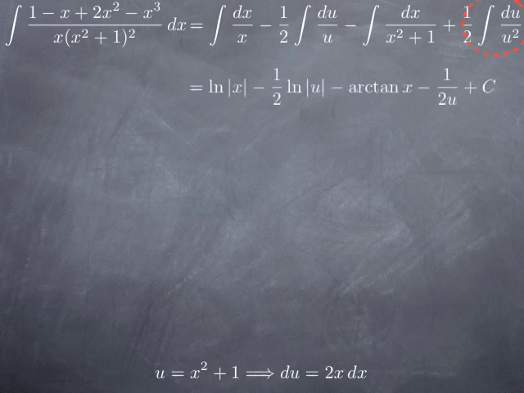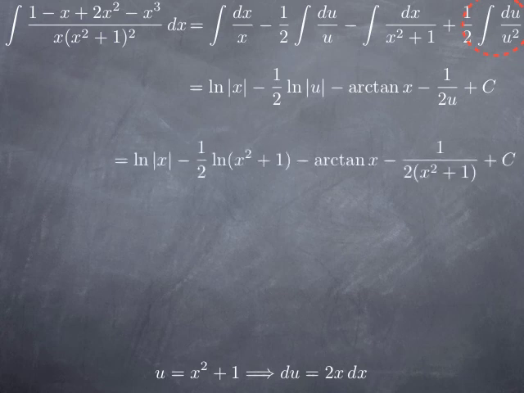So this is what we obtain, and u was x² + 1, so we can just replace it, and we obtain explicitly our antiderivative of the function. So this was not too bad, and specifically was not too bad because the coefficient E was 0, so the particular term where we would have to use trigonometric substitution disappeared. Now let's look at an example